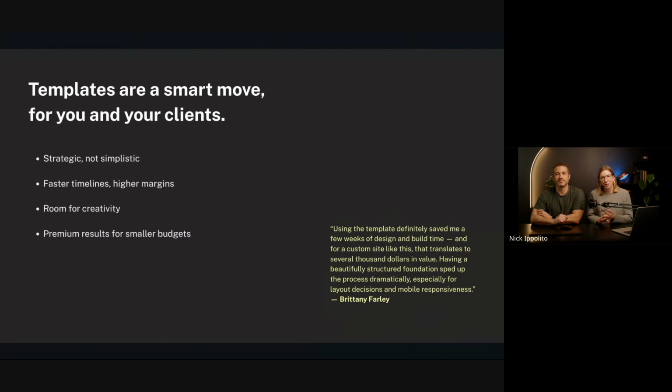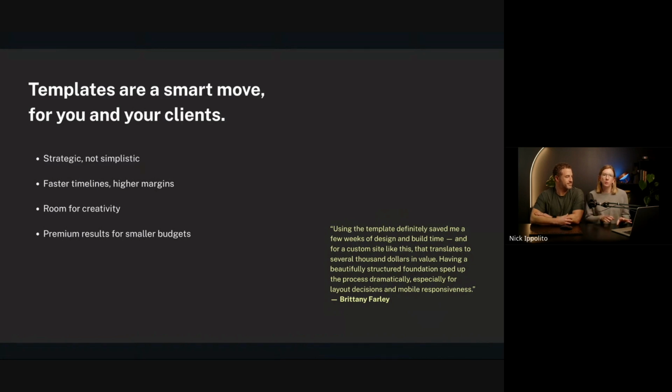Yeah, they're strategic, not simplistic. You can use those faster timelines. There's heaps of room for creativity when you're using them, and you can get really premium results for smaller budgets. So say a client comes to you with a $30,000 budget and they want that full custom build, and you're able to offer that, then great, that's a great solution for them.